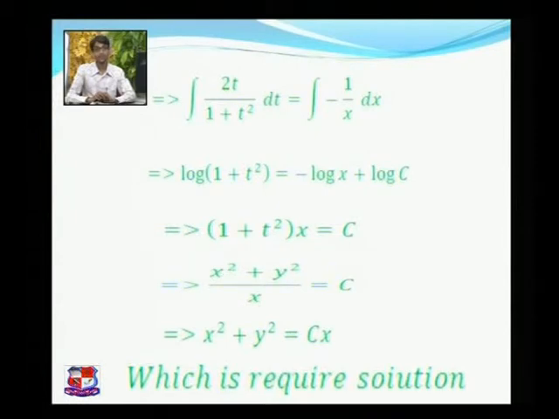So again I repeat that to solve the homogeneous differential equation, first we need to take y upon x is equal to t, that means y is equal to xt, then we will get the value of dy by dx in the format of t, and we will replace in our homogeneous differential equation the value of y and dy by dx. After that, simplifying that form we will get the variable separable format, and then integrating both sides we can easily solve the homogeneous differential equation. So in this way we can solve the homogeneous differential equation.